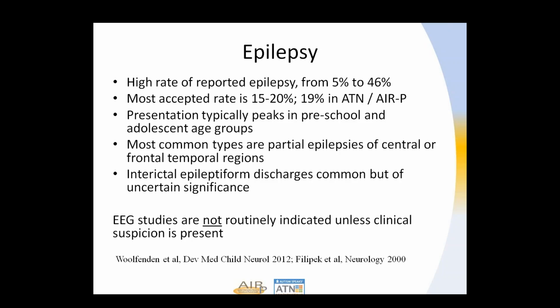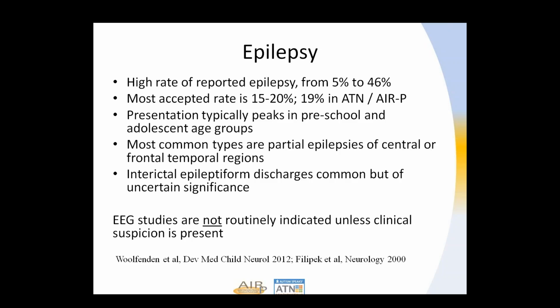One of the findings that has been seen are what are called interictal epileptiform discharges. This does not meet the criteria to be considered epilepsy or a seizure disorder. They occur in people who don't have autism. They occur more commonly in people with autism, but it's not clear just what significance these are. Some studies have reported anecdotally trying to treat these with anticonvulsant medications as though they were seizures, and some people feel that it is helpful, but at this time there's no good evidence that treating that is of any help.